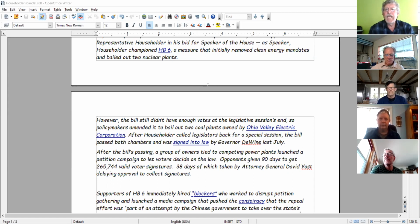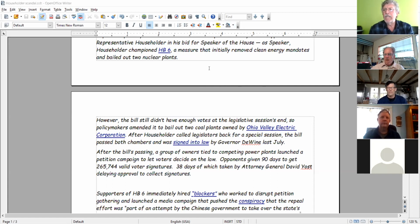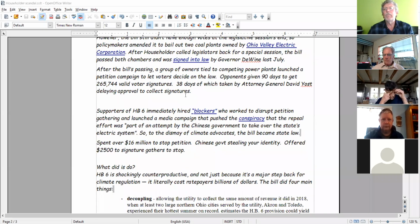But the Secretary of State withheld approval for the process to begin for 38 days into the 90-day period. So they really only had 32 days to gather this. They filed a court action to try and get it extended to the full 90 days, but they were denied. So then they began to petition. Well, FirstEnergy ended up funding to the tune of over $16 million